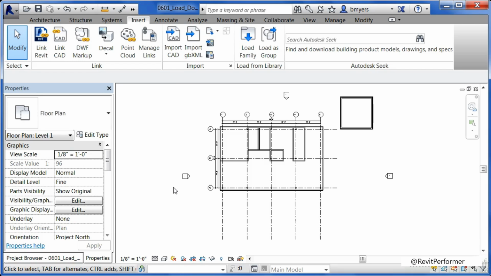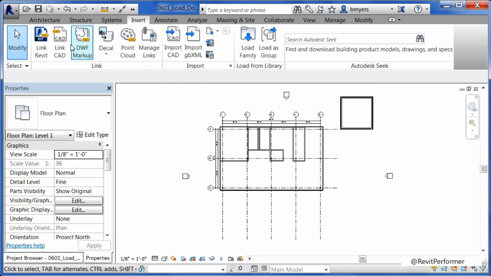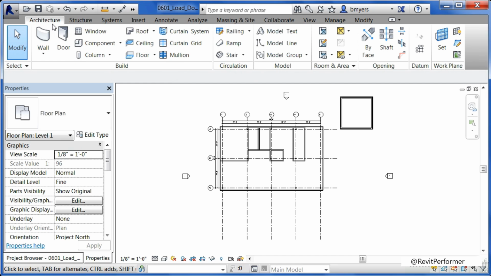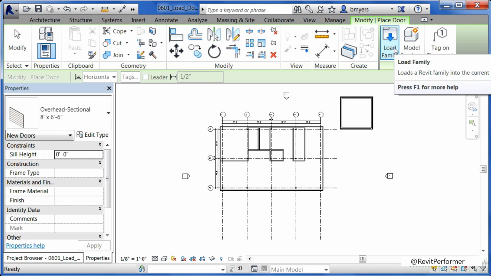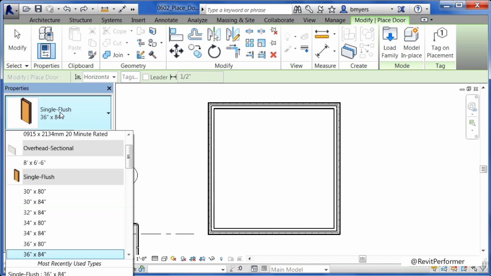Now, the thing to remember is whenever you're going to be loading these different door and window families in, there's two different spots that you can do it from. The first spot is going to be from underneath Insert and then Load Family. And the other spot that you can load them in from is by executing the command themselves. So in this instance, Architecture, Door, after selecting on Door, find underneath the Properties on the Type Selector list the